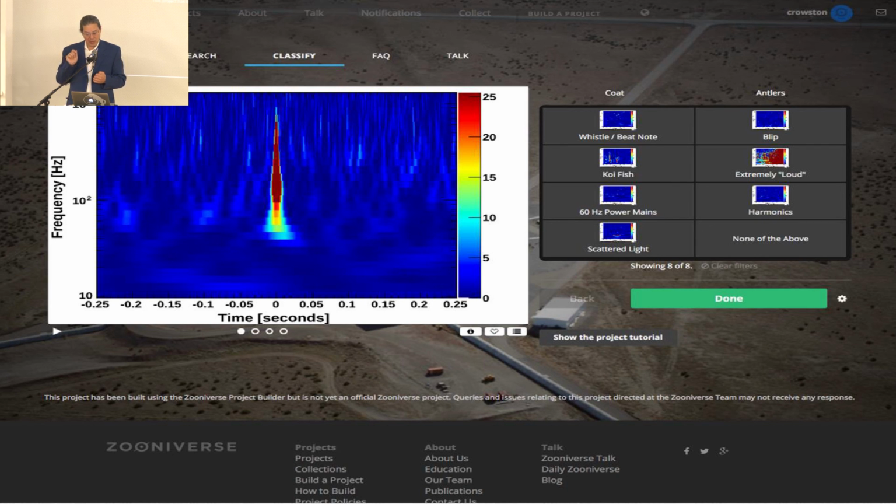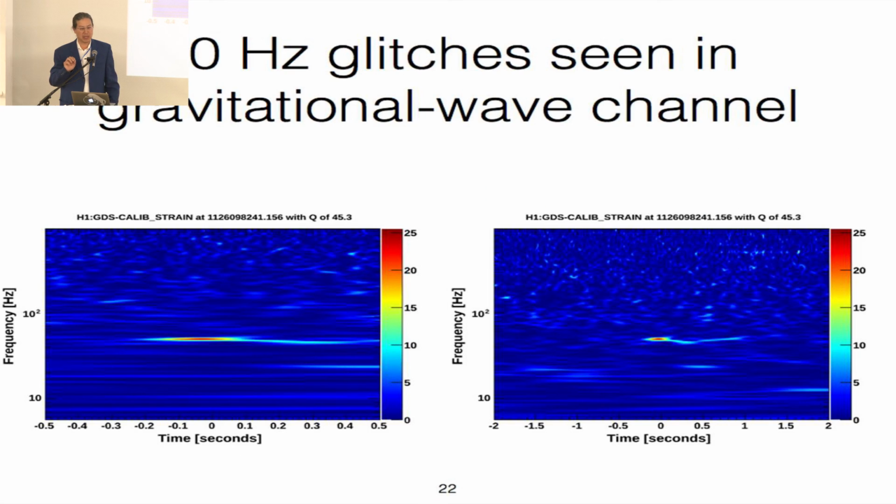But the second thing we want to do is to actually let the volunteers create their own categories of glitch. Because unlike, for example, Snapshot Serengeti, where we pretty much know the animals that exist in Africa, in this case, we don't really know what kinds of glitches there are. There are 7 of them that have been identified so far, but there are probably dozens. So we want to make it possible for the participants to actually add to the knowledge base and not just implement it. And in doing that, we want them to be able to duplicate the kind of scientific detective work that the LIGO scientists do all the time.